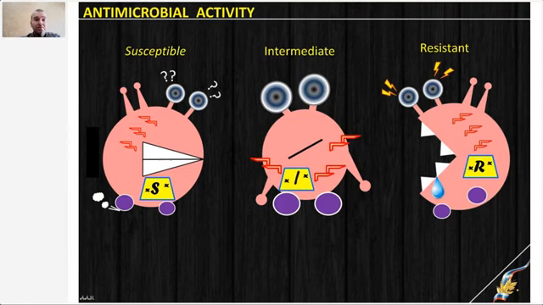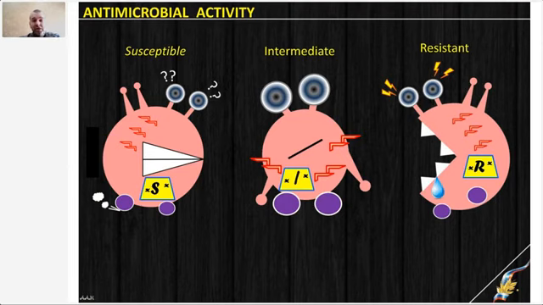And in that case, usually intermediate bacteria require prescription of that drug in higher dose to be sure that bacteria will be inhibited, or prescription of a drug in combination with other. But of course, if you have an alternative, if you have some drug which is more active, then you should prefer drug to which bacteria is susceptible. But in some cases, when we don't have other options, or we have several drugs which are intermediate active, we can prescribe combination of the drugs.